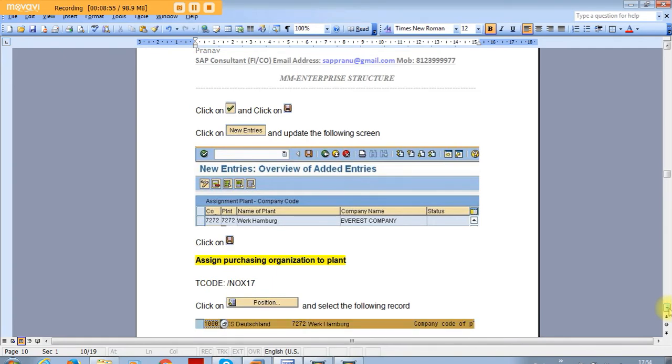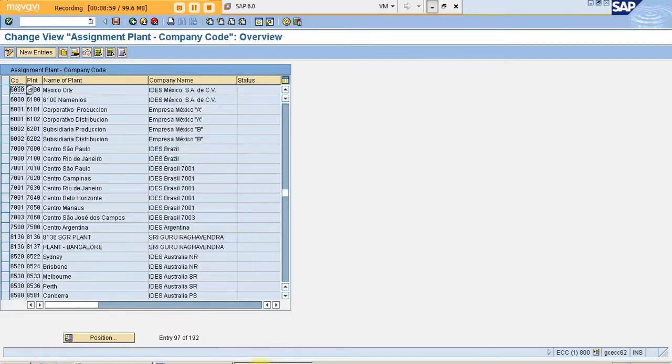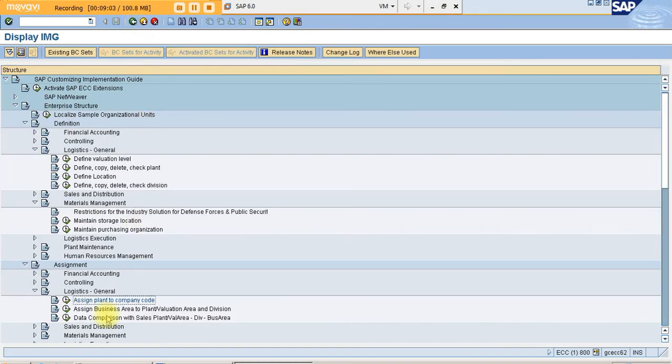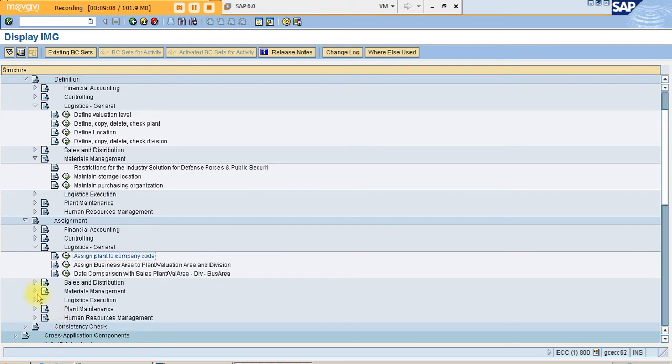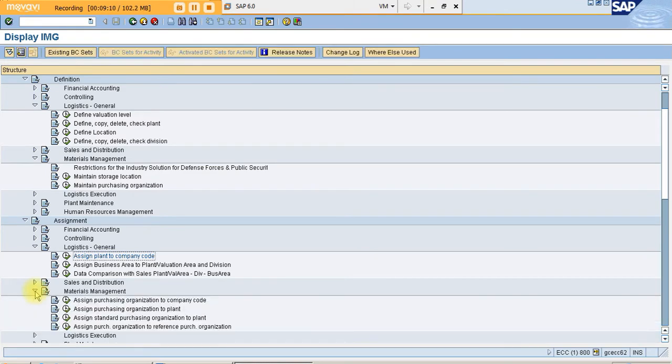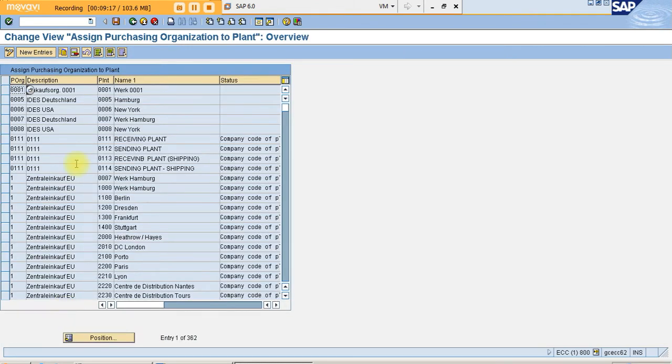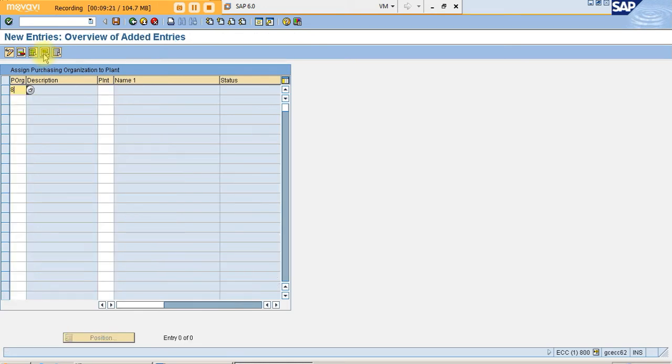Assign purchase organization to the plant. Scroll down a little, then come to material management, assign purchase organization to plant. Then click on new entries, 8137.